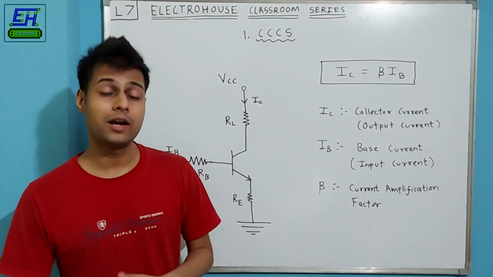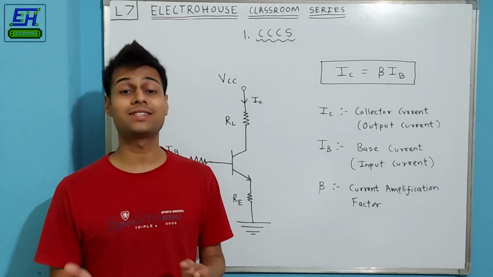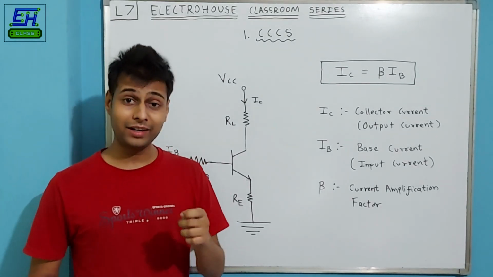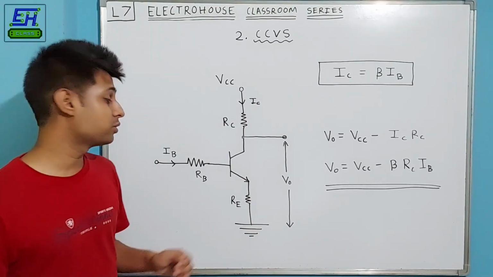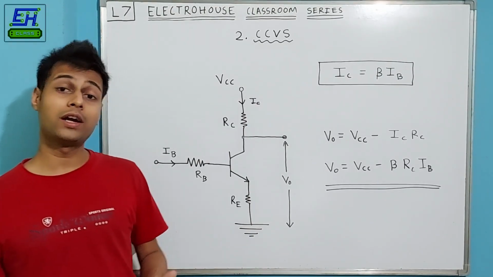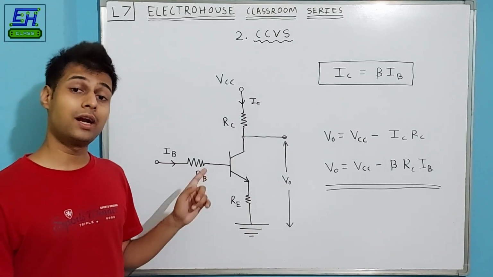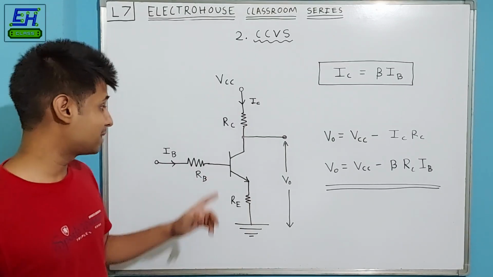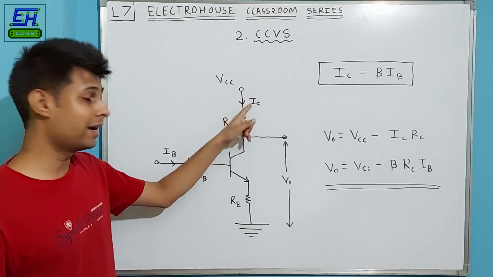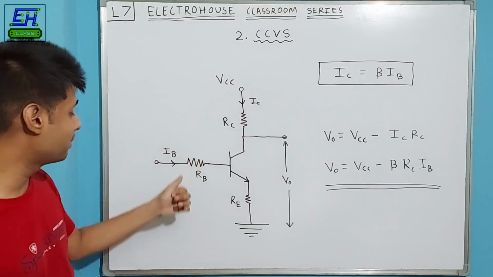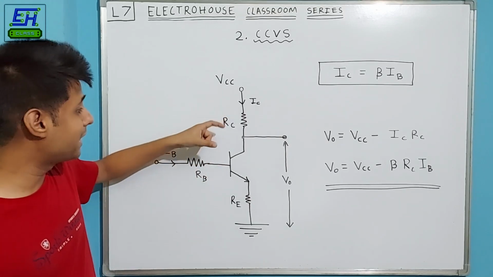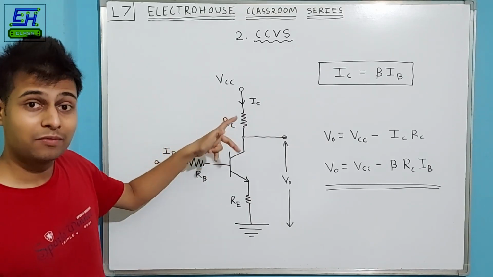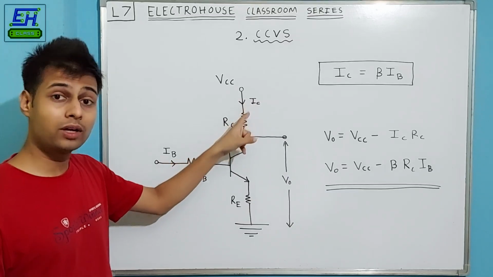And additionally, current controlled current sources can also be used as current buffers when the current gain is set to 1 or unity. And surprisingly, as we can use the BJT transistor as a current controlled current source, we can also use it as a current controlled voltage source. In the same way as we can control the collector current IC or the output current IC with respect to the input current IB, we can also simultaneously get the voltage drop across it, which is ultimately controlled by the input current IB.